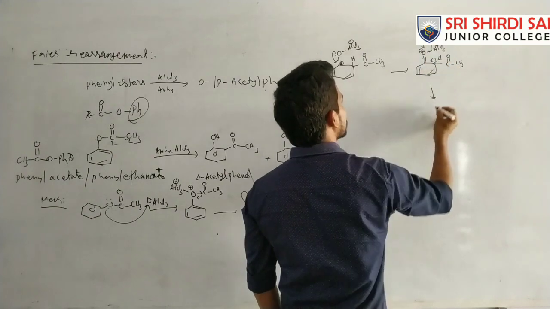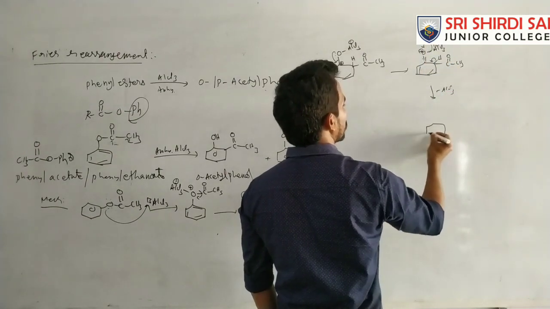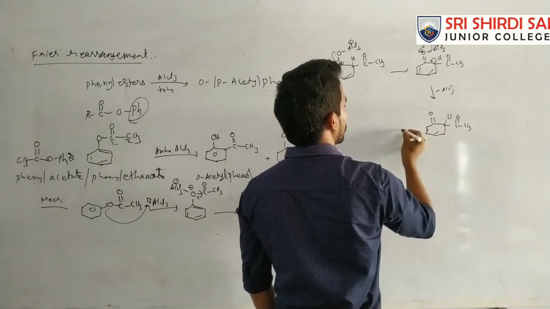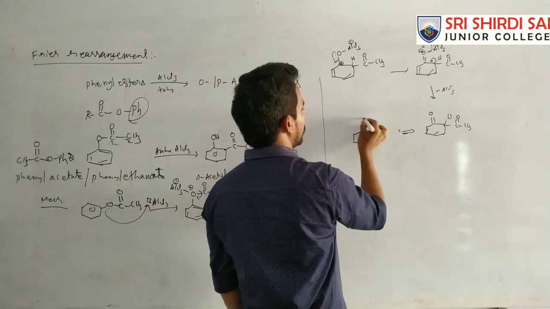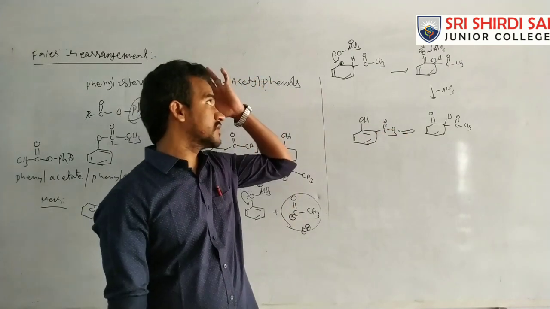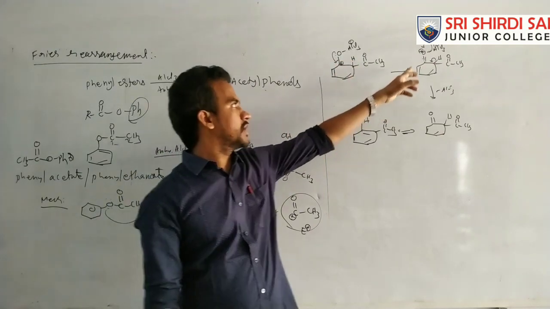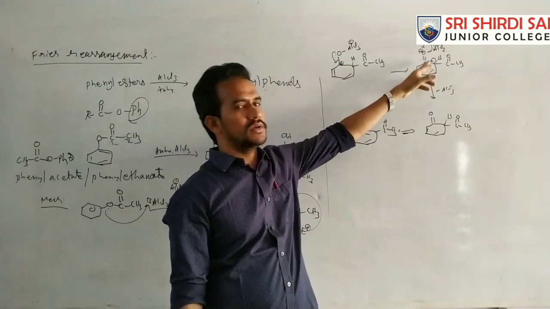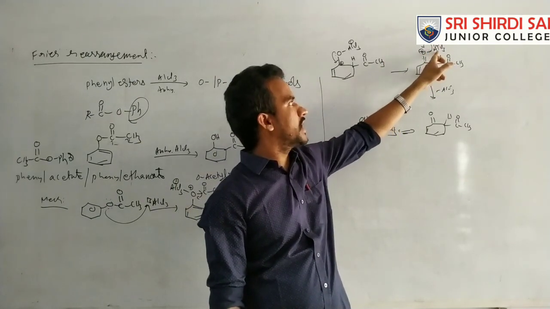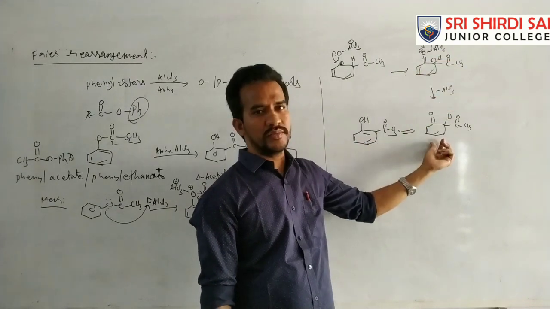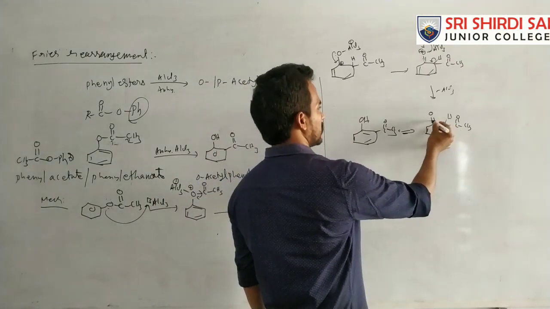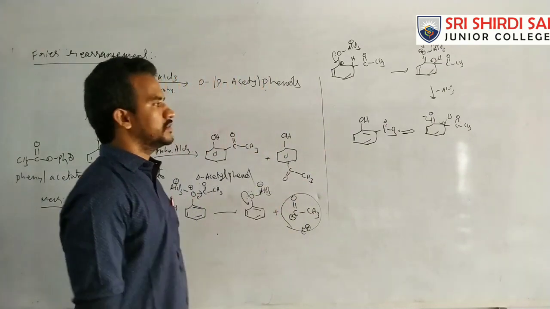Here, AlCl3 leaves, giving C double bond O, H, C double bond O, CH3 with a pi bond. Now it is converted to the enol form. In this case, this oxygen forms a pi bond, so your oxygen carries a positive charge. This positive-charge oxygen gains electrons. By the breaking of this bond, with AlCl3 leaving, we get the keto form. This keto form is converted to the enol form, meaning the proton is transferred from this carbon to this oxygen. So that is a rearrangement reaction.